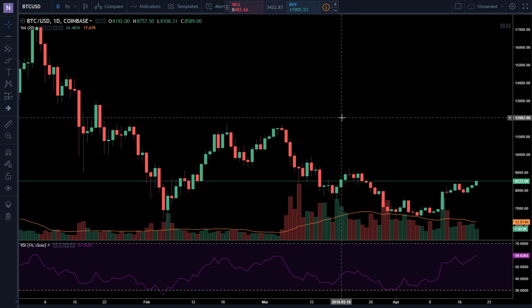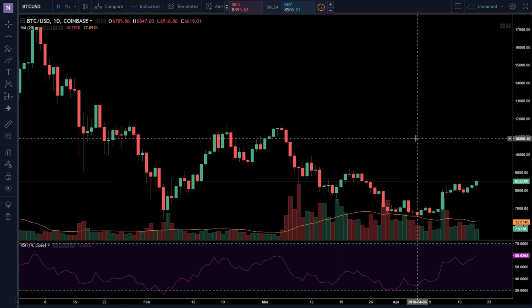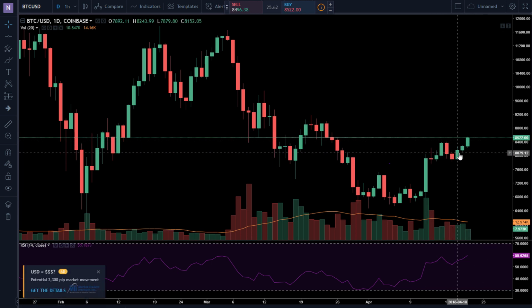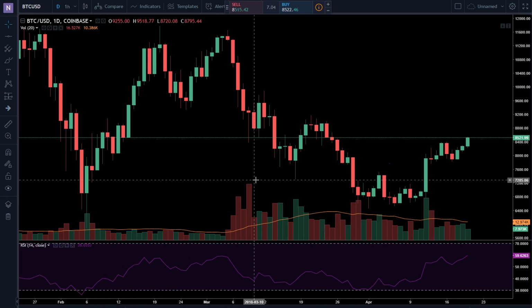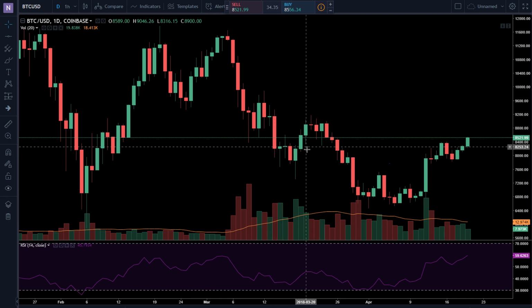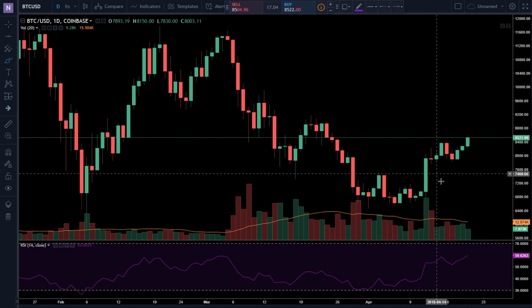If you're looking for a short entry, I'd definitely be careful. I'd wait to see a rejection off that 8,400 level if you're looking at the 1 hour. On the daily, honestly, I wouldn't short the grind. I would wait for parabolic action into a resistance level, or if we see a critical support break, like say, for example, 7,800, sub 8,000 or sub 8,100, I could see that. But the thing about it is, because we're seeing this bullish action over the past couple of days right here,